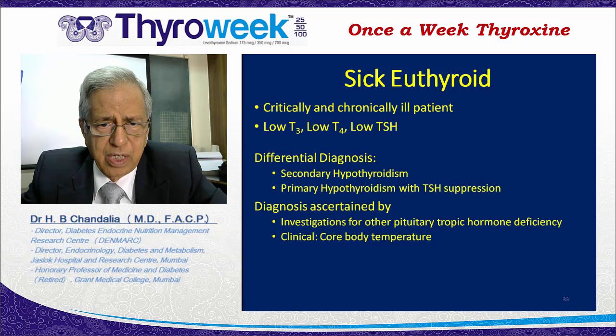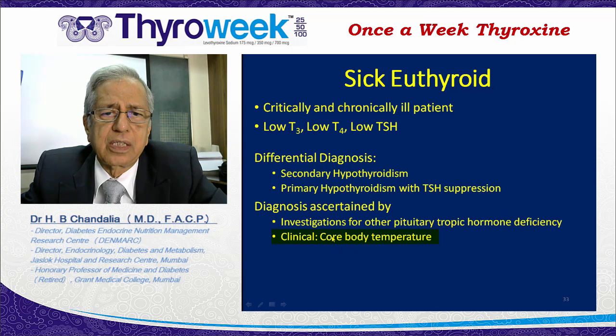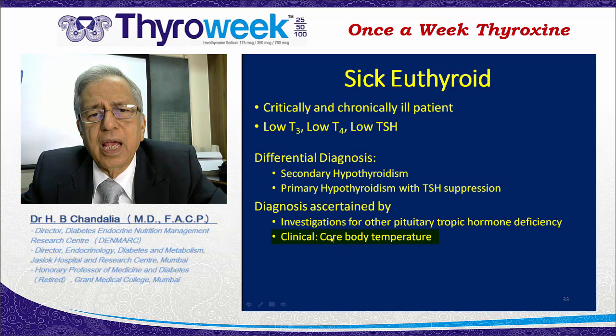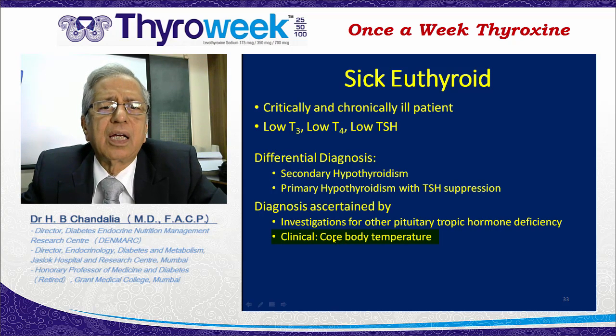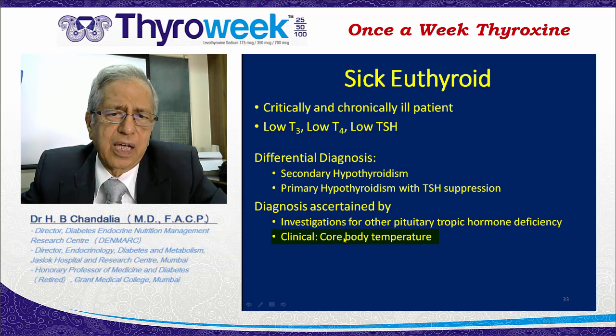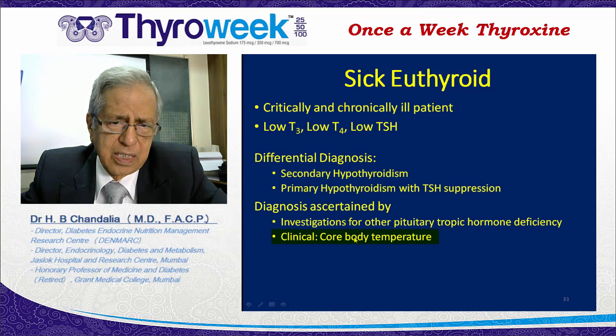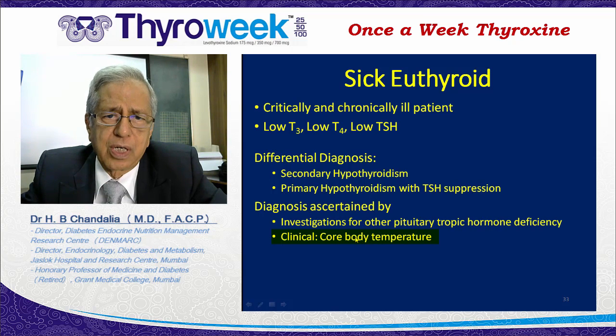One way to sort it out is to clinically check the body core temperature, that is, rectal temperature, and if you realize that there is subnormal temperature or hypothermia, then it supports the diagnosis of true hypothyroidism. But remember that some very ill patients also have somewhat low body temperature, and therefore that can confound this